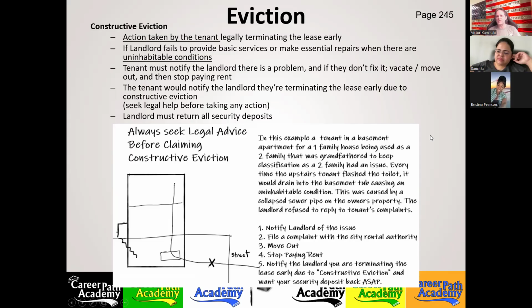"Yeah, but he's ignoring me." "Can you document that you've been trying to reach out to him?" She said, "Yes." I said, "Then this is what you do. You go down to the city," because this was Edison. "The health department deals with the rentals in Edison. So you need to file a complaint with the health department about this guy."